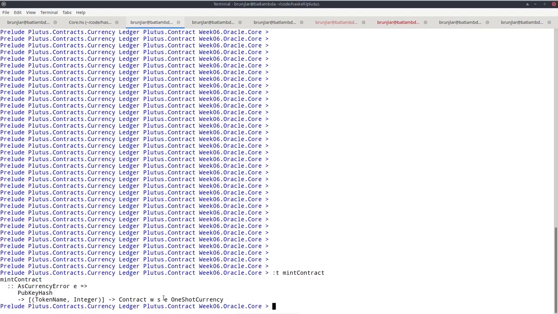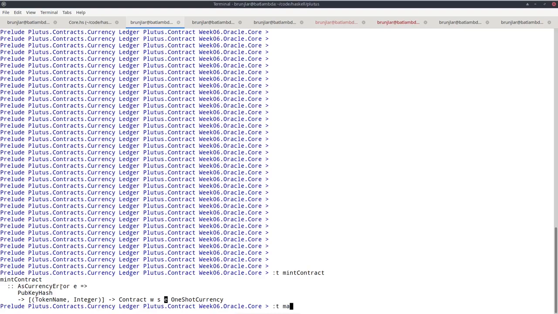We want a contract where we use text error messages. But this contract here is polymorphic in the error type, provided the error type implements the as currency error class. And unfortunately, text doesn't. So we can't use text here for E. So we can't specialize this function for text. That means we can't directly use it in our contract, because then we would get an error that text doesn't implement as currency error.